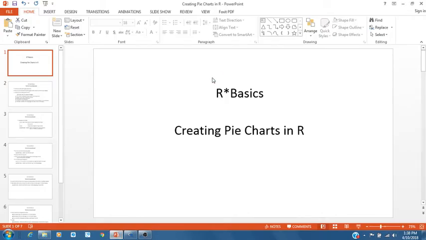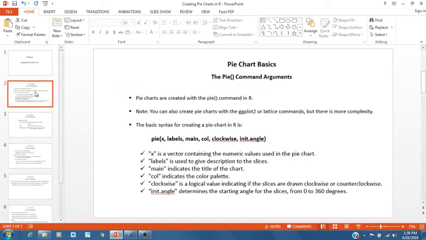In this module, I'll be speaking to creating pie charts in R. So let's go ahead and begin. First of all, pie charts are created with the pie command in R. As a side note, you can also create pie charts with the ggplot2 or the lattice commands, but there's a lot more complexity. Now, the basic syntax for creating a pie chart in R is, as you see here, highlighted